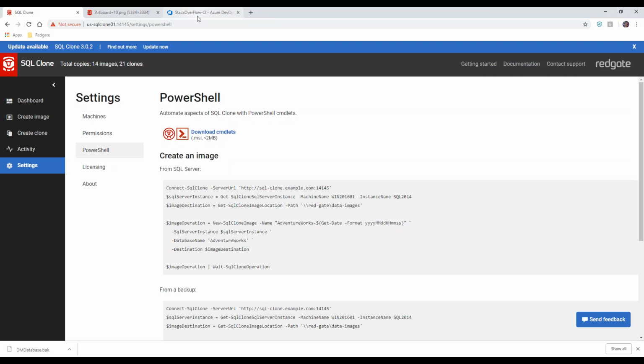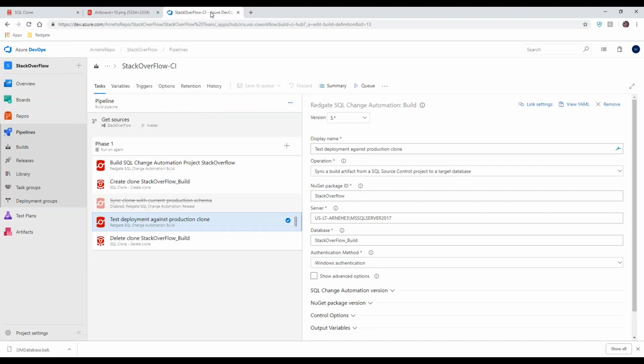And then kind of go from there. So we've talked about that aspect of provisioning and speeding up the provisioning process for development and testing process. But this can also be used in an automated fashion, specifically for automated testing, for example, or automated deployments to copies of production. So for instance, here in my Visual Studio, or my Azure DevOps pipeline, my continuous integration process,